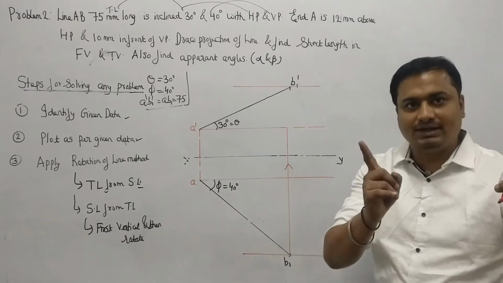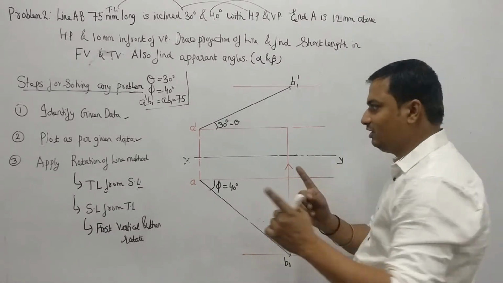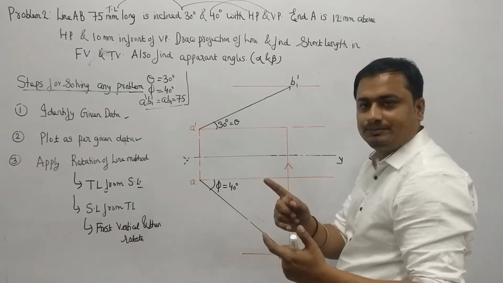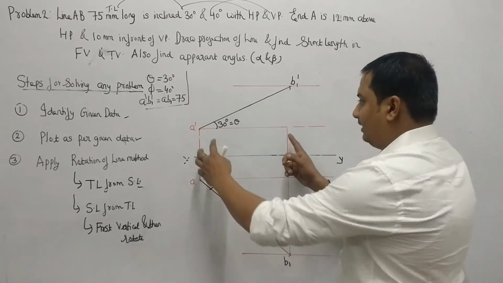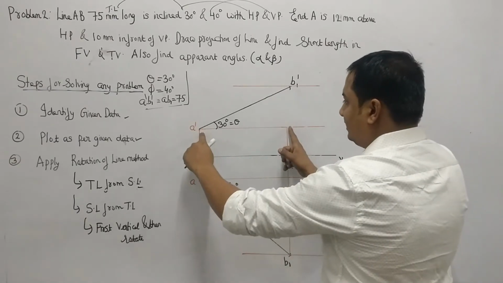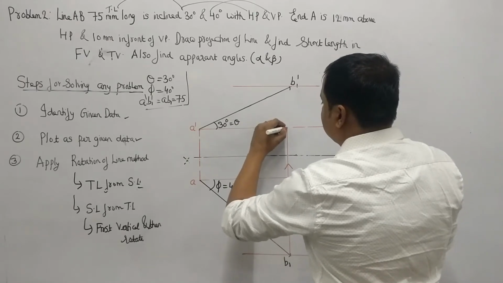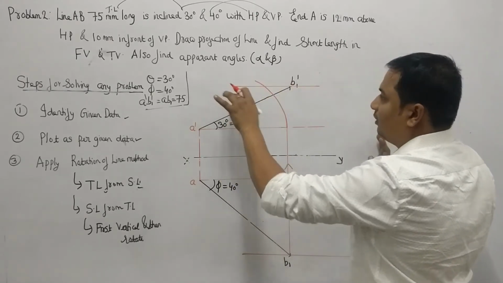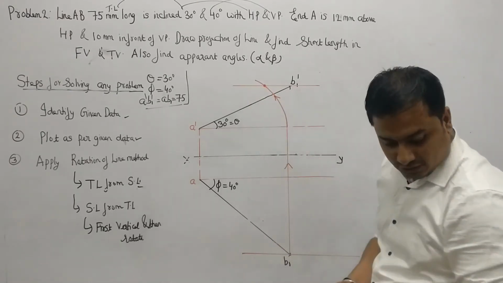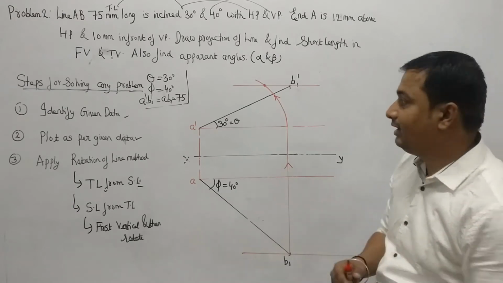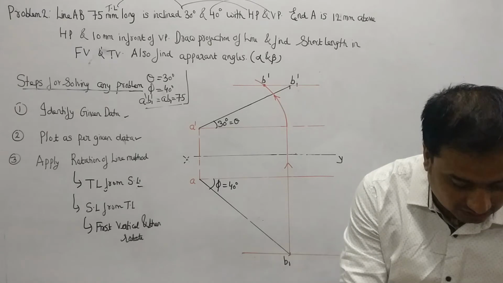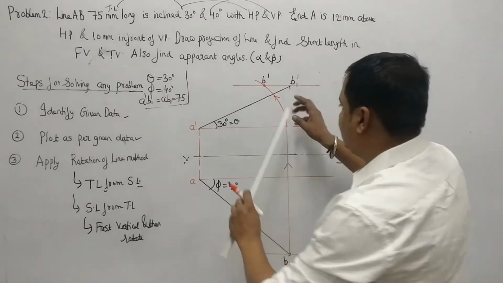Now take the compass. The radius will be this part. This is very important, please note it down or draw along with me. This will be my radius. Now take your compass with this radius and rotate such that you intersect the locus of B1 dash at some point. So I have done this part, intersecting at this point. What is the name of that point? That point is B dash, because that is the short length point. So join A dash B dash.